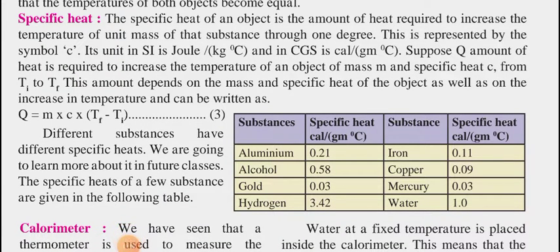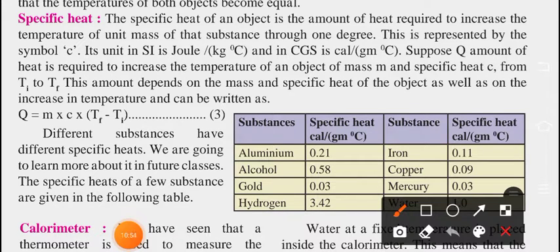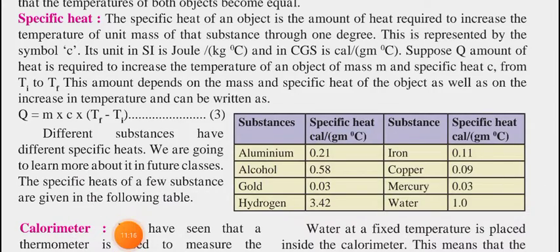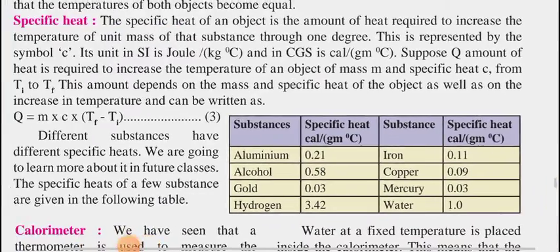Ti is initial temperature and Tf is final temperature. Whatever initial temperature you are giving to any object, that is Ti, the initial temperature. After completing your activity or after giving heat to the specific object, whatever temperature you get, which is final, that means Tf. Hope you are clear with this Ti and Tf.